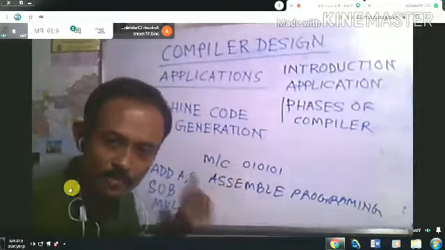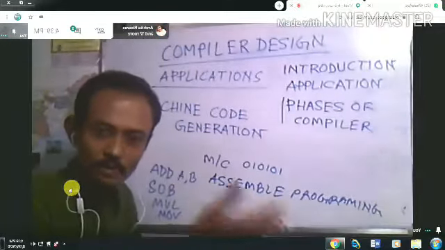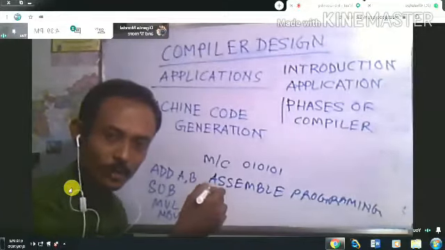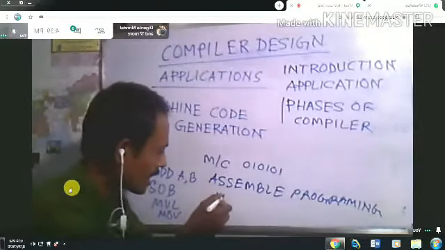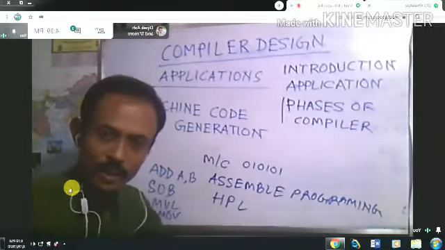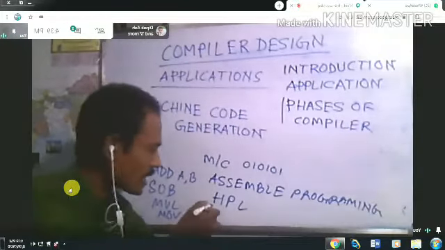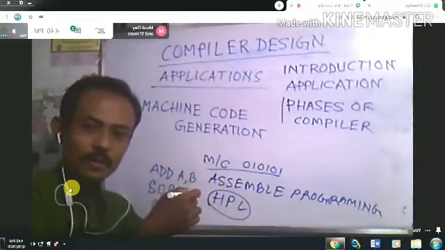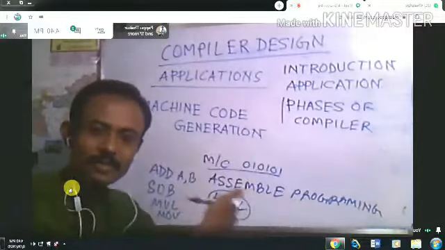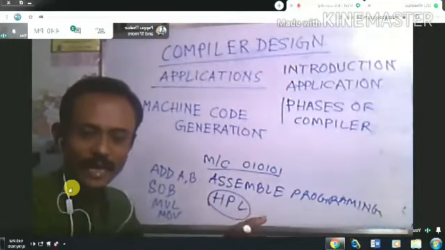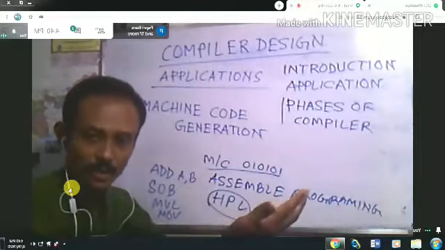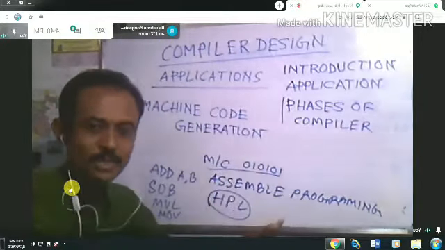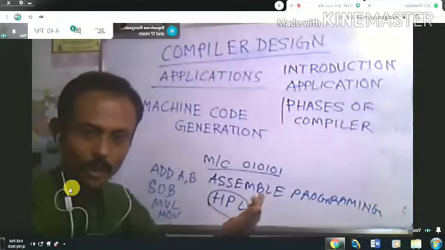So to simplify these things, people again discovered the high level programming language. Nowadays we write programs or software in high level programming languages. Now understand that when you write in a high level programming language, ultimately you have to convert it into machine code. How will you convert it? This is done by a translator. You have to take help of some other software, which takes your program and translates it. These are called system software.